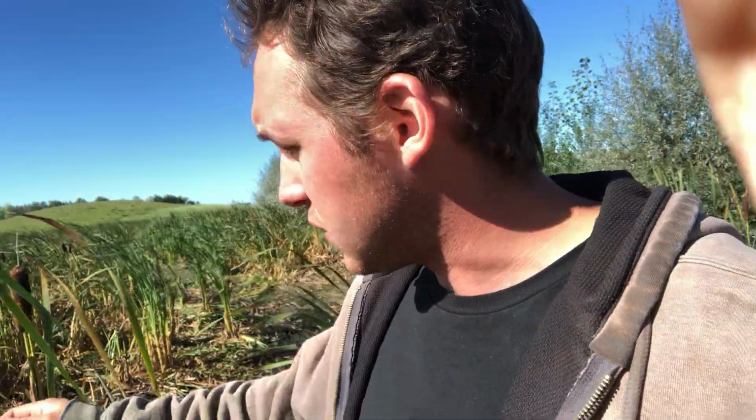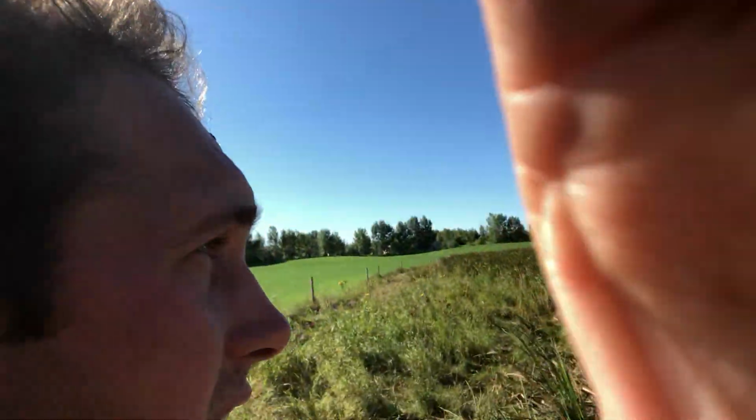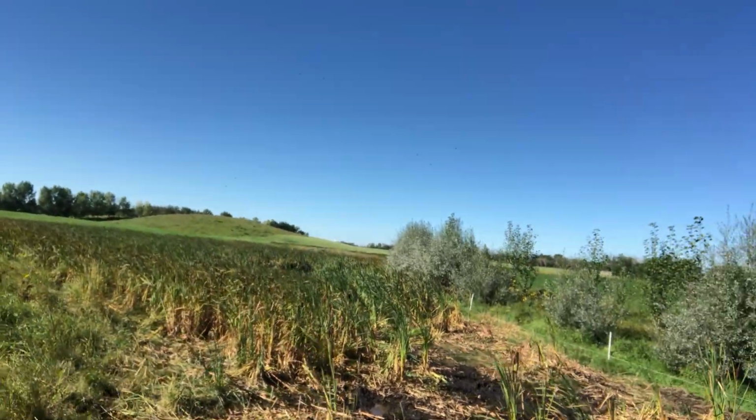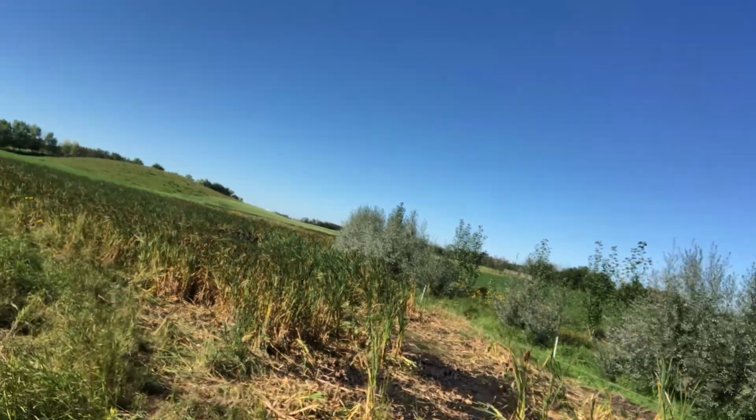The other interesting thing about this is that I've only planted these cattails once. So we came through in the springtime with these little seed heads here, and we just hit them against the bucket, and the little fuzz just floats off. And we seeded about 4 acres just in an hour or so, just by going for a walk and basically beating the drum. And that's the only time I've had to do that,